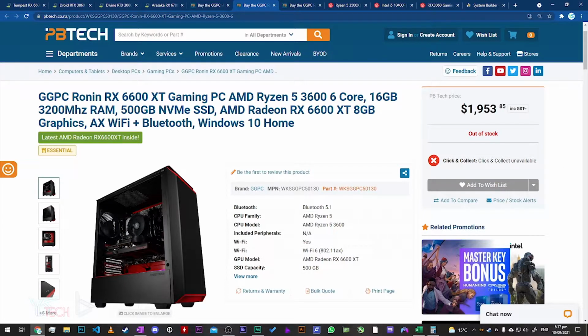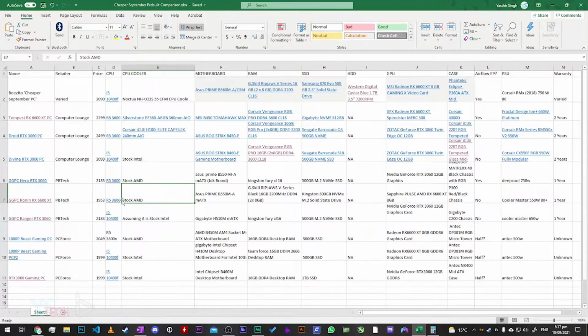and this one's actually not too bad. It's actually out of stock. It literally came out of stock, I think, yesterday or today, so sorry about that, but there should be similar ones on PBTech itself. So this one was only 1,953, comes with a Ryzen 5 3600, stock AMD cooler, Asus